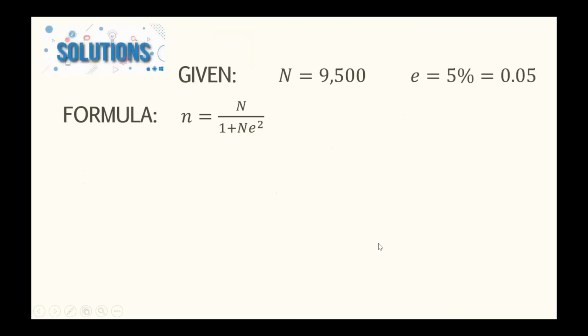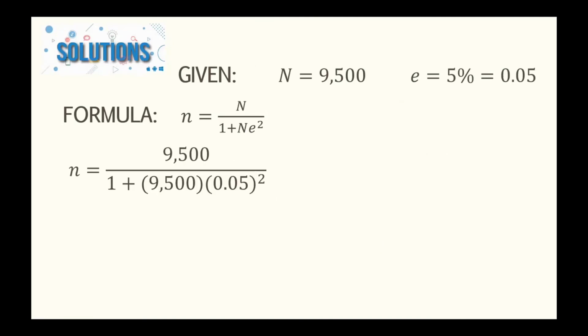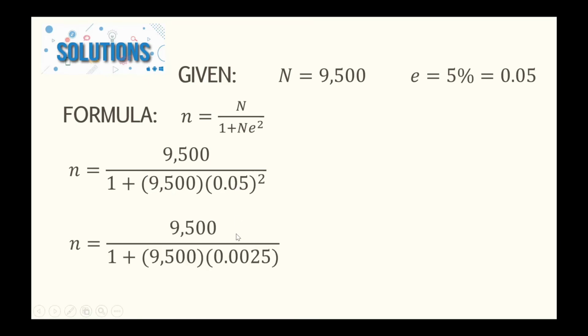Next is to apply now the Yamane's derived formula to get the sample size. Substitute the given values in the given formula. So that would be 9,500 divided by 1 plus 9,500 multiplied to the square of 0.05. So kung mano-mano kang magkukompute, just evaluate in the denominator first. That would be 0.05 squared. In your calculator, that is